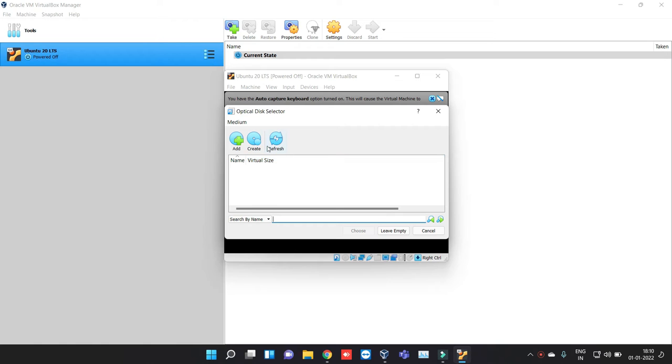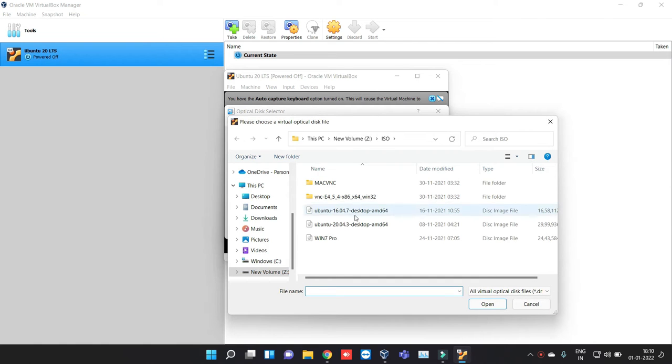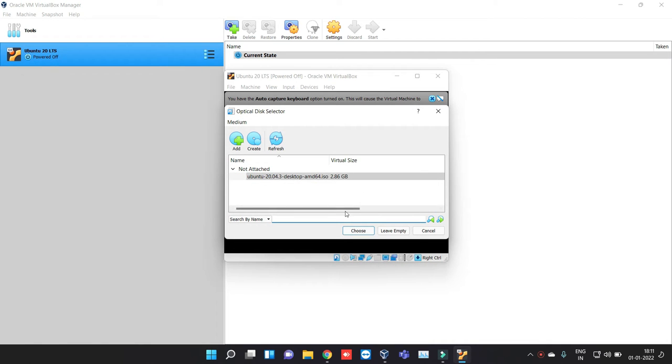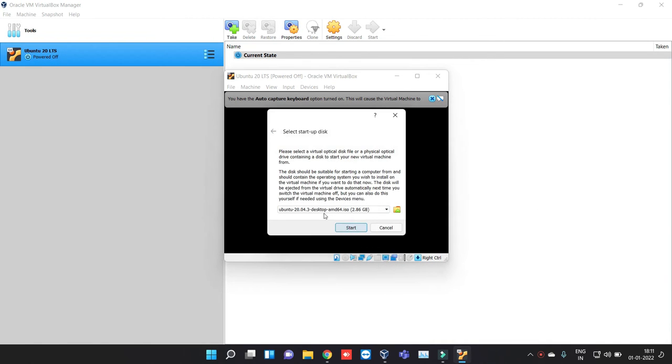First of all I will add the image, and I'm selecting Ubuntu 20, which I have already downloaded on my machine. I'm selecting it and clicking on the open button, then the choose button. It's selected, and then click on the start button.